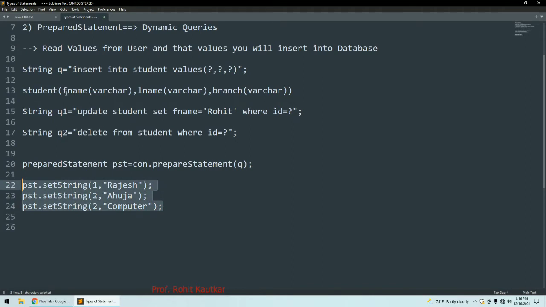Now assume that here we have one more column, and that column is, let's say, marks, and this marks value is int value. Now there will be one more question mark over here, and what I will do now, I will use another method of prepared statement interface, and that method is setInt.